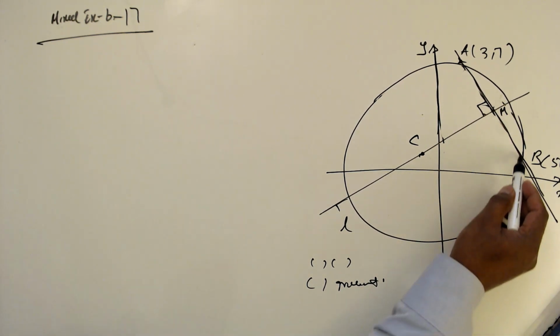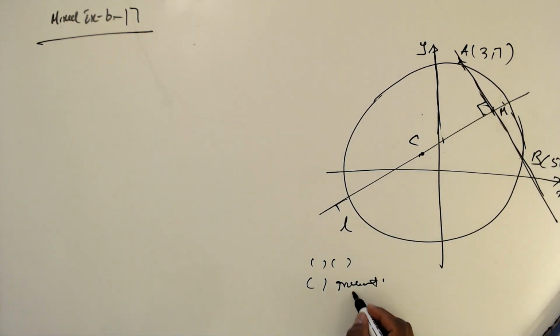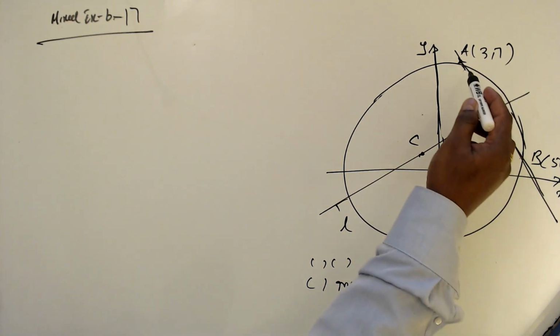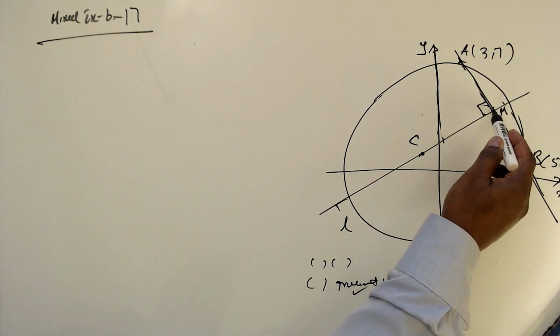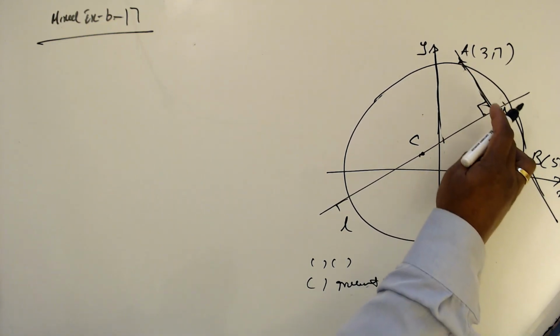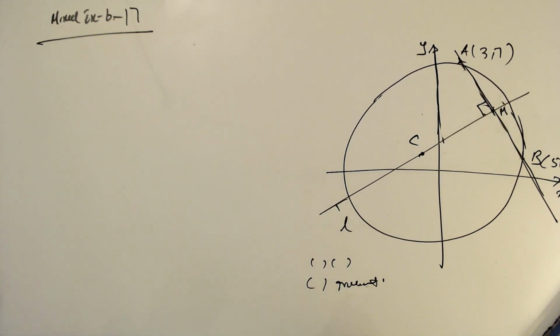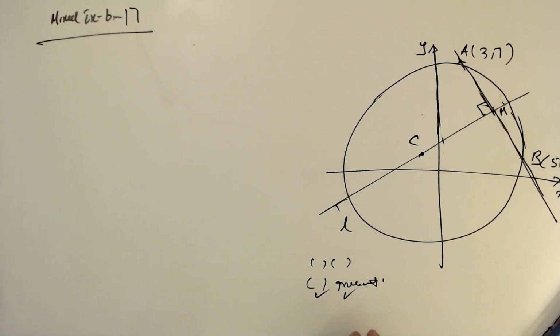So if I find the midpoint, it is on this line. So a point is fine. Then if I know the AB gradient, hence I can find the perpendicular gradient. Hence the gradient is fine. I have a point. Then we can write